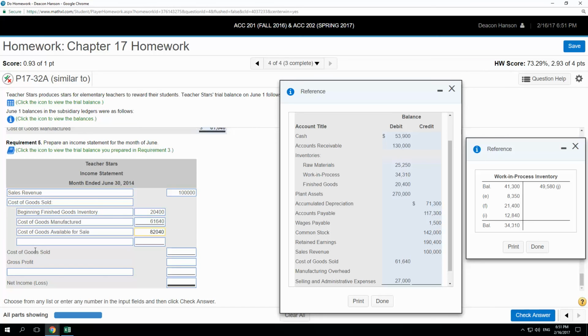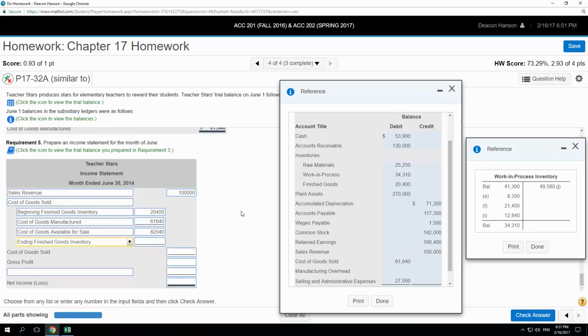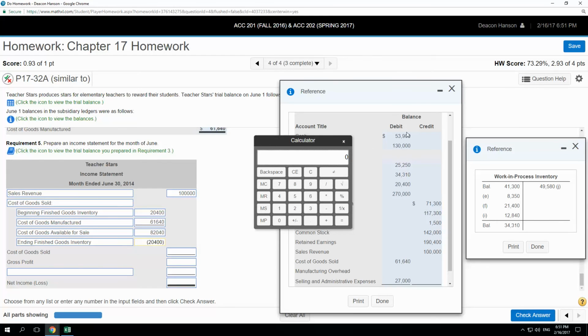Yeah. Okay. Now we're going to subtract our ending finished goods inventory. So that's this. That's what's sitting on the trial balance. So this time I'll put it in parentheses. 20,400. And when we do that,